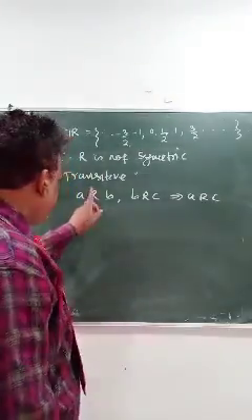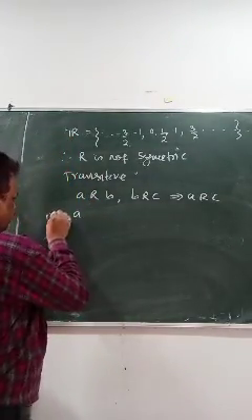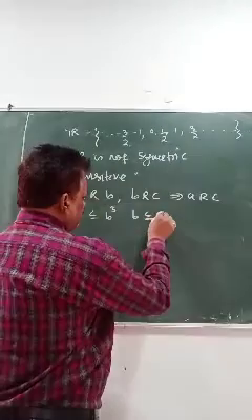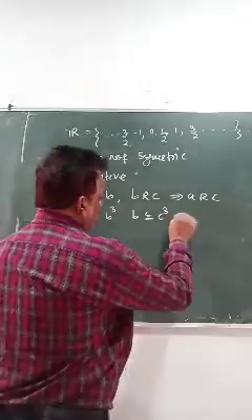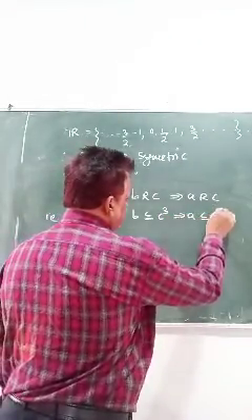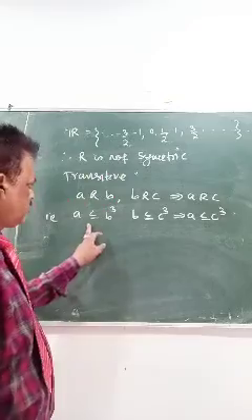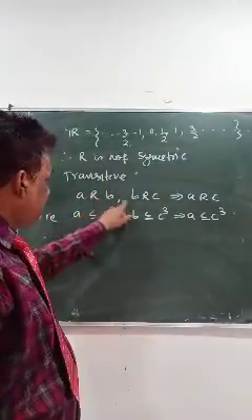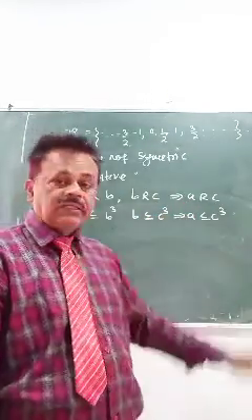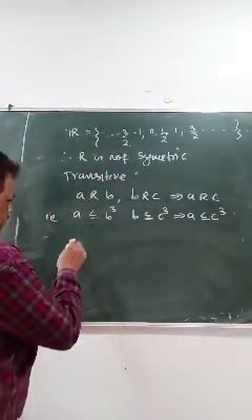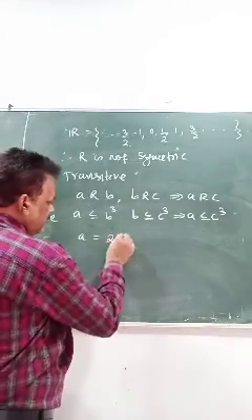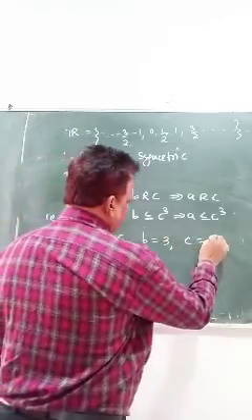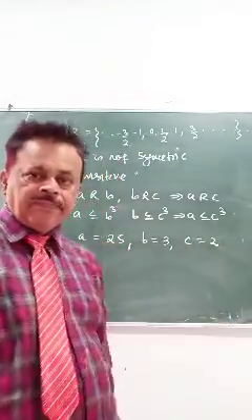So what is the relation defined? A is less than or equal to B cube, B is less than or equal to C cube, implies A is less than or equal to C cube. These two you pick up, and prove this one. So you have to choose A, B, C in such a way that this relation is not satisfied. I will give you a clue: take it this way. A is a very big number, B is a little smaller, C is further smaller. This is the clue to find it.